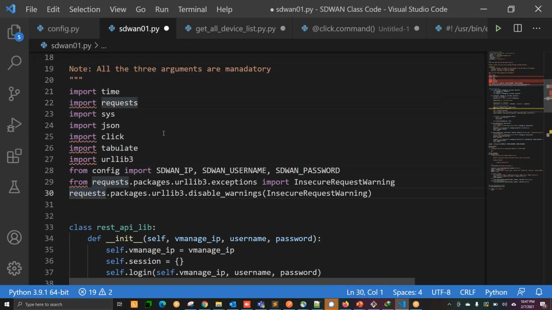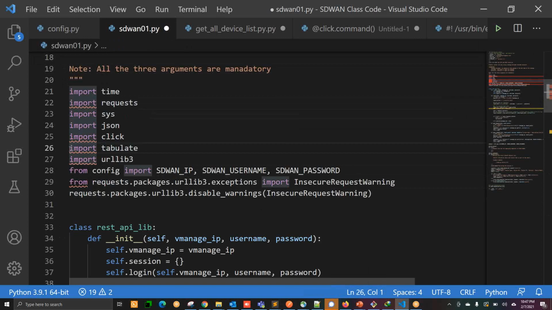But if it is there and you're not calling it, it will not do any harm. So suppose I'm using import JSON in my program. If I don't use JSON, it's okay. But if you use JSON and you are not using the import, then it will cause a problem. So for example, suppose I'm using tabulate in my program,